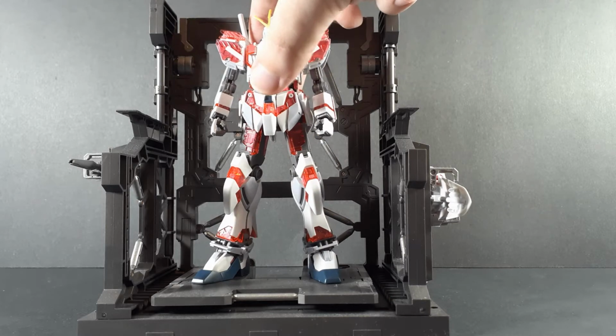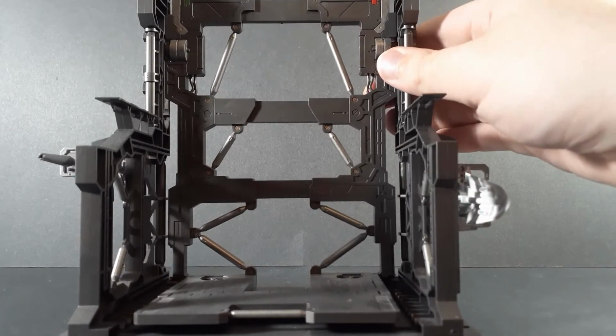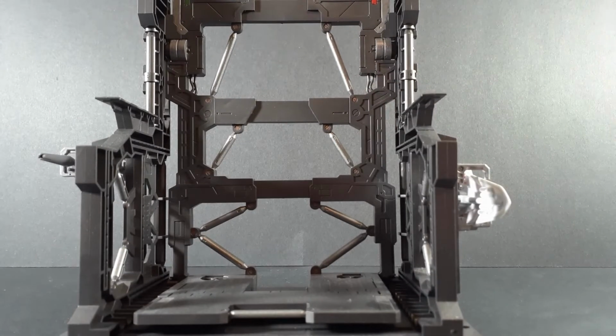Getting the next review out of the way, the Hangar comes on 4 runners, all in gunmetal gray. Any additional color you see on this is painted. The paint job on mine is fairly minimal, but if